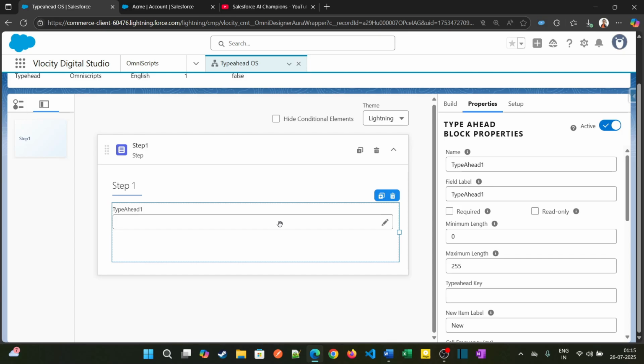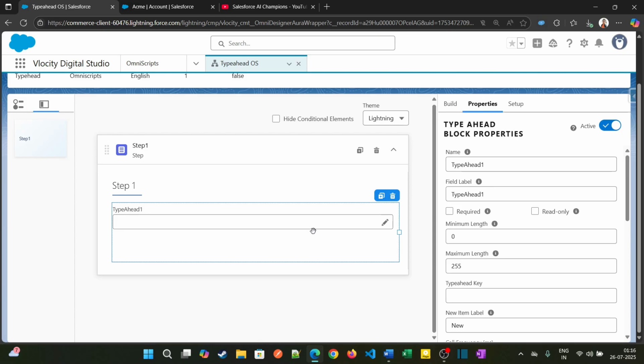So the type ahead block is nothing but a search interface provided to the user. The user can search anything in the type ahead, and based on the configuration we are getting the results. Like based on each keystroke we are getting the results, like there is a list of countries and the user just searches with any keystroke, and based on the keystroke the list of countries will be shown. But in today's demo I'll be just showing a simple example of searching the accounts that reside in